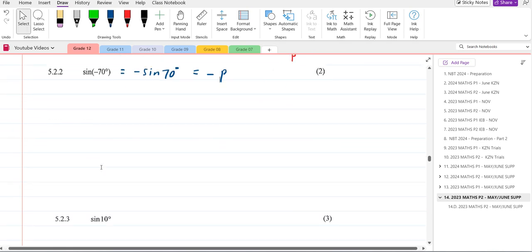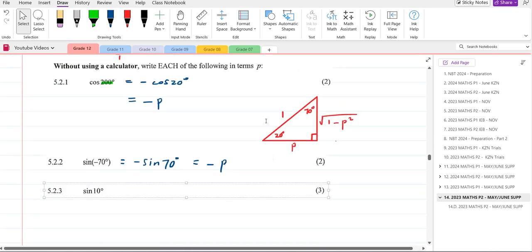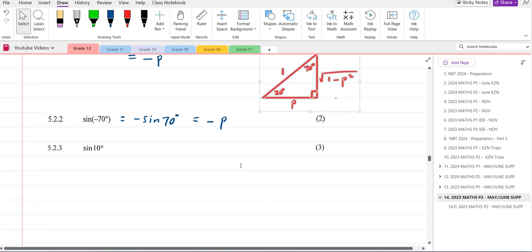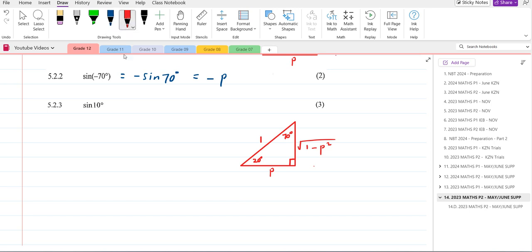Next one, sine 10. How are you going to find sine 10 degrees using these angles? Using this triangle, how are you going to get sine 10? It's not a double angle, because it should have been sine 40 for that. So if you can't use angles of the triangle with addition and subtraction, move on to special angles. If I use a special angle, it's going to be 30 minus 20. So this will become sine